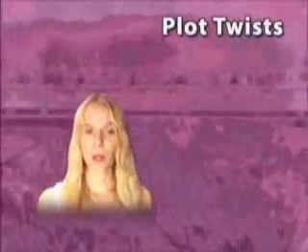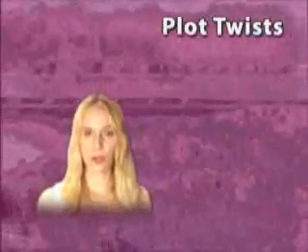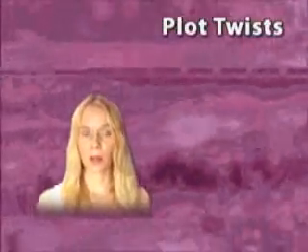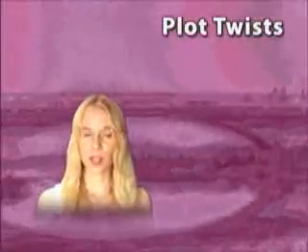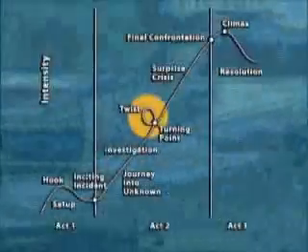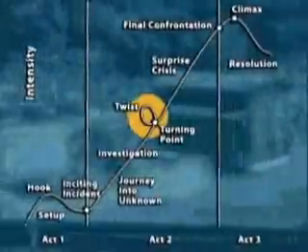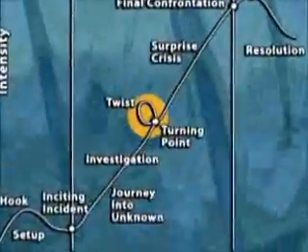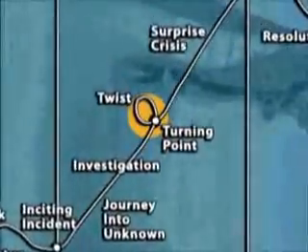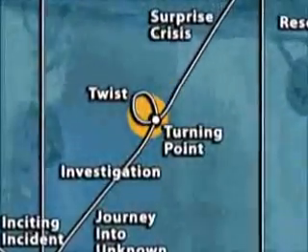A new plot goal usually emerges in the middle of the story in a feature film, since the first goal is usually accomplished and it kind of starts to drag if they just have one goal. A big twist in the middle of the story. This usually happens in the middle of Act 2, but we're seeing a lot more suspense and twists with stories these days, where you'll see a twist in each scene.